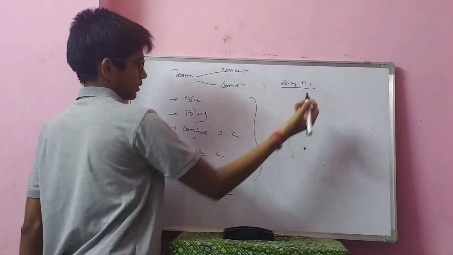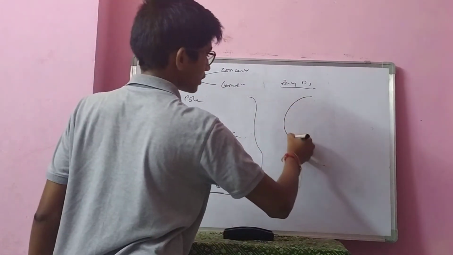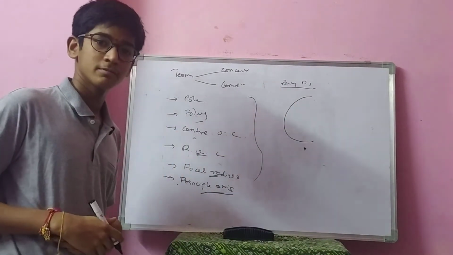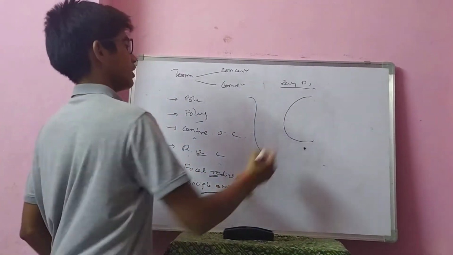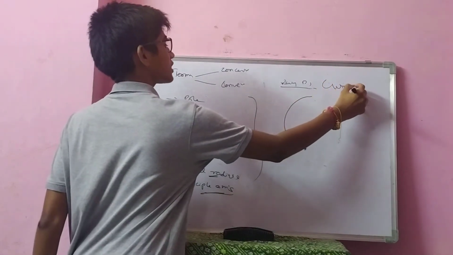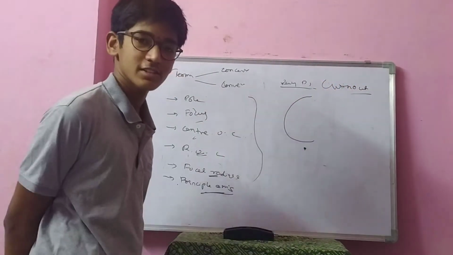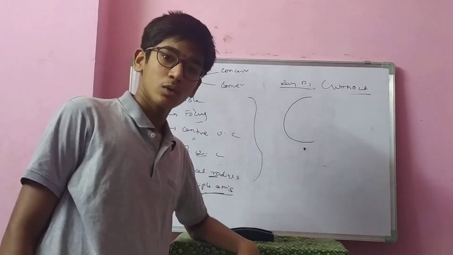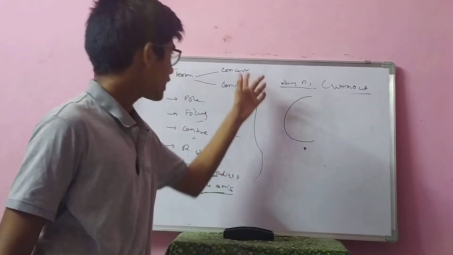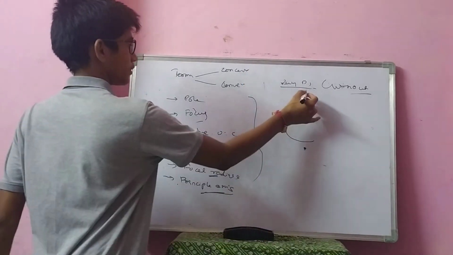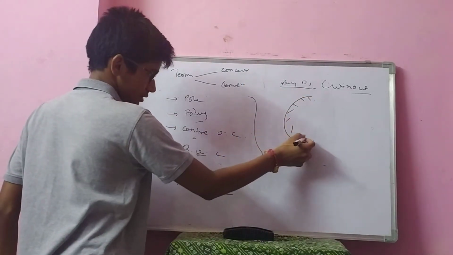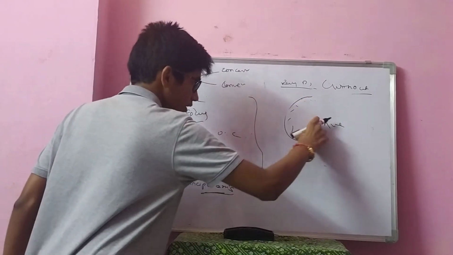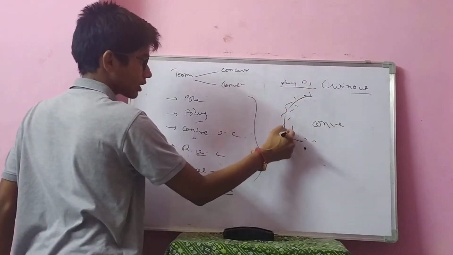Now I am considering a concave mirror. Is this a concave mirror? No. Without silvering, we can't say whether it is concave or convex. The silvering side plays a very crucial role in identifying this. If the silvering is kept like this, it becomes convex. Now if I rub off the silvering on this side and apply it on this side, then it becomes concave.